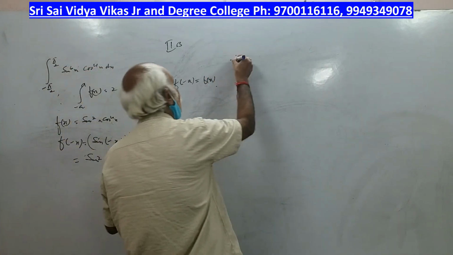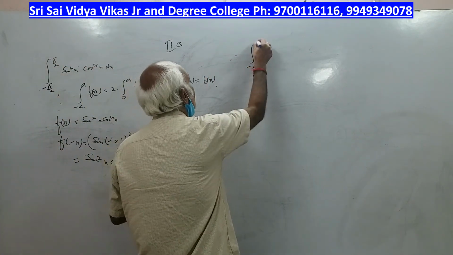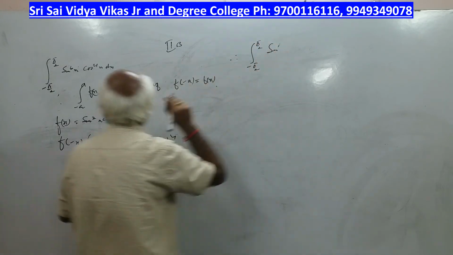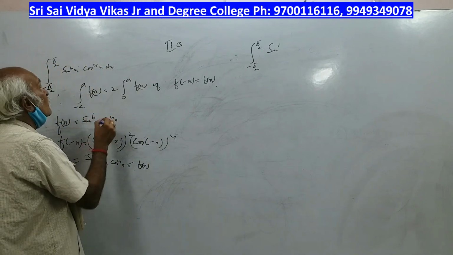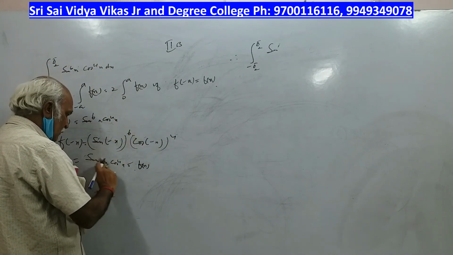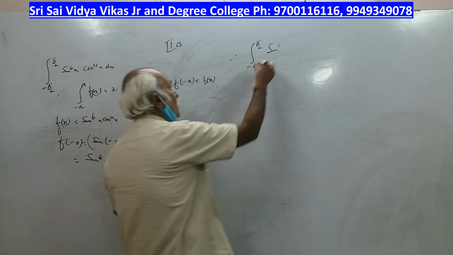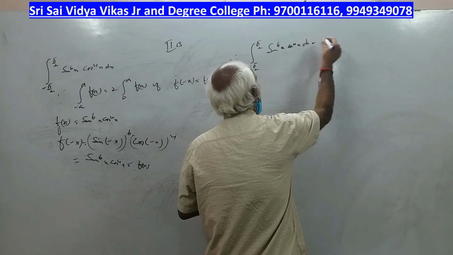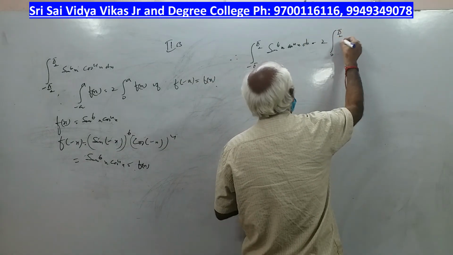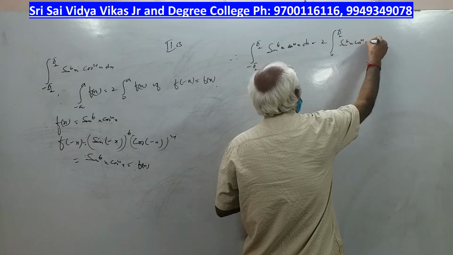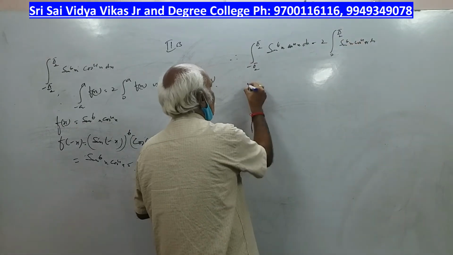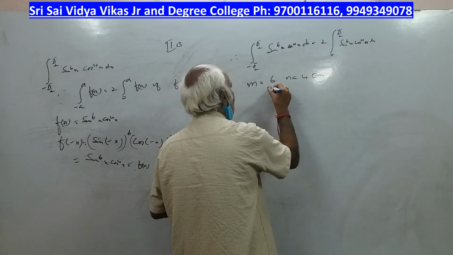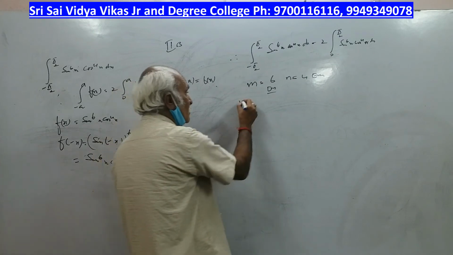Therefore, minus pi by 2 to plus pi by 2 sine power 6x cos power 4 dx is equal to 2 times 0 to pi by 2 dx. Again, m is 6, n is 4, which is even. It is even. The formula is